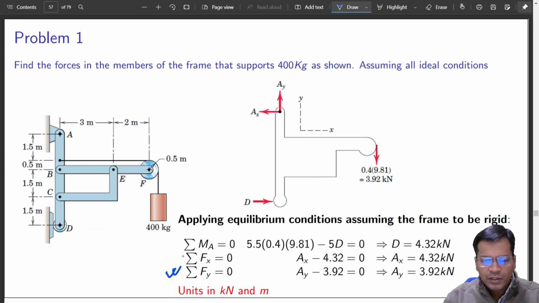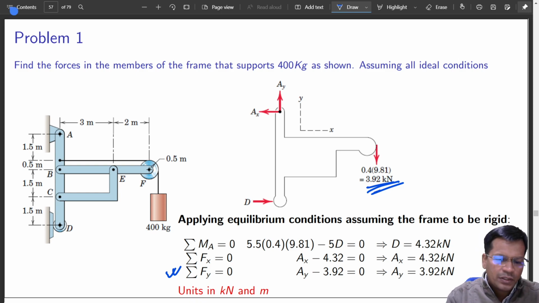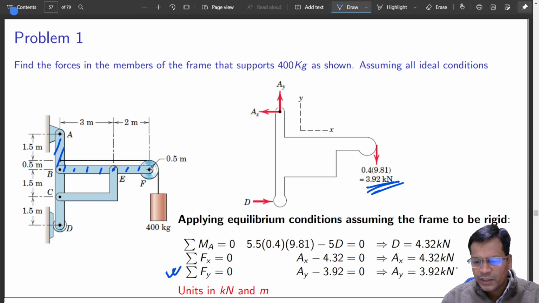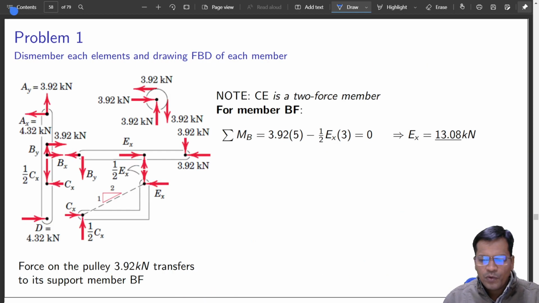Summation of Fy, all the vertical forces, I will balance them as well. There are no other forces acting vertically upward apart from this force itself. This is the only force because all the links are massless. Otherwise, the total force acting downward would be the sum of all those. Anyway, forget it, we don't practice doing that in this situation. So Ay is 3.92. This is all about external forces. We have considered this as a single body. Done. Now moving ahead.